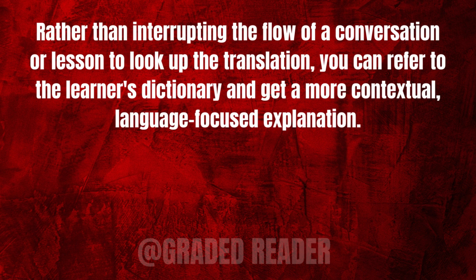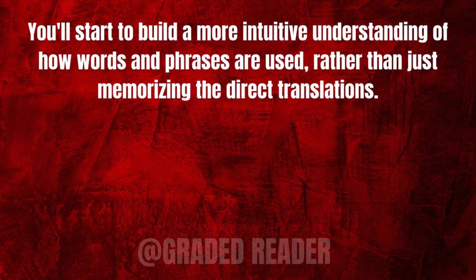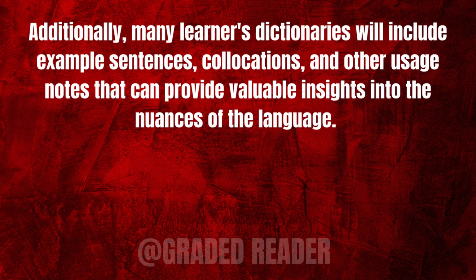Rather than interrupting the flow of a conversation or lesson to look up the translation, you can refer to the learner's dictionary and get a more contextual, language-focused explanation. Over time, this approach can help train your brain to start thinking about the language in its own terms, rather than constantly translating back to your native tongue. You'll start to build a more intuitive understanding of how words and phrases are used, rather than just memorizing the direct translations. Additionally, many learners' dictionaries will include example sentences, collocations, and other usage notes that can provide valuable insights